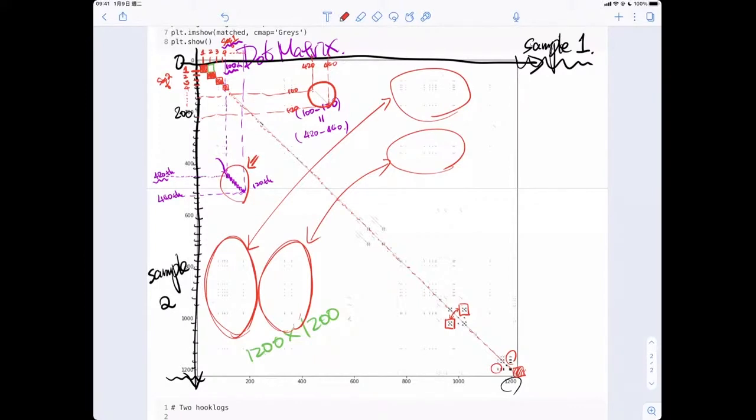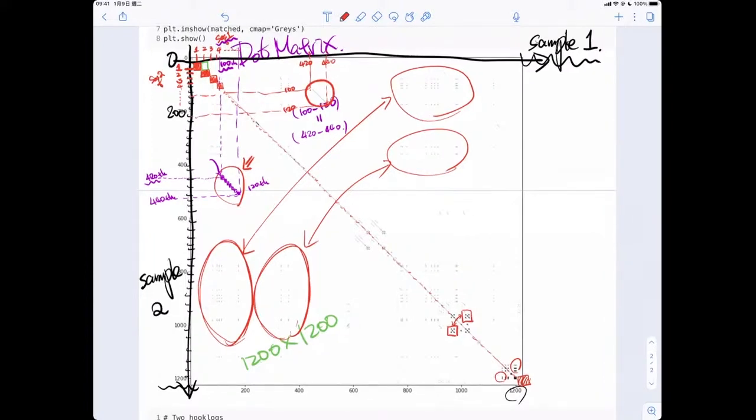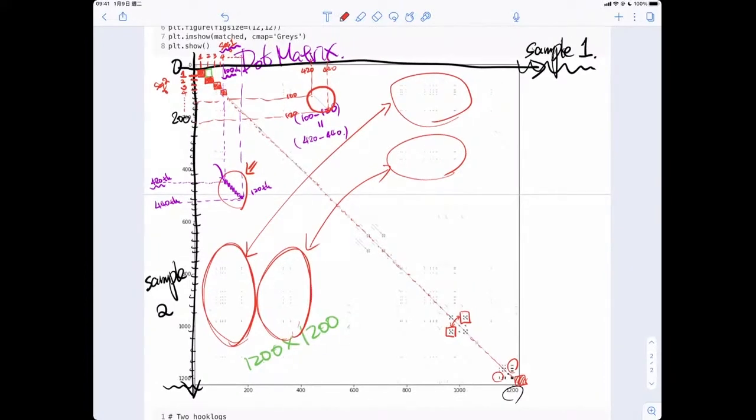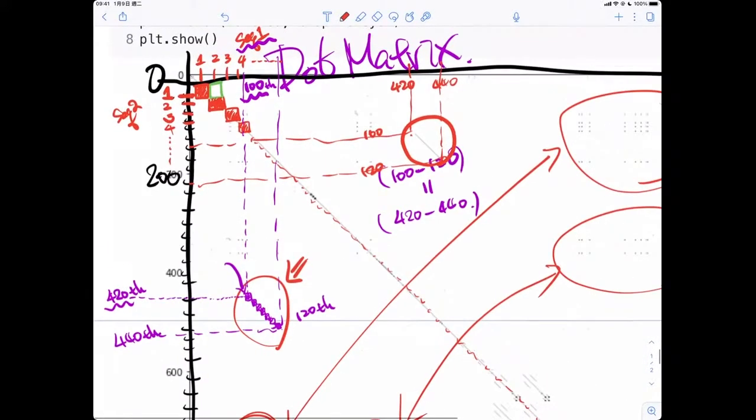However, there's another way, okay? You can draw a dot matrix by using exactly the same sequence on the x-axis and y-axis, and observe if there's any subsequence. Subsequence 中文就翻译成是 sequence 的片段哈。